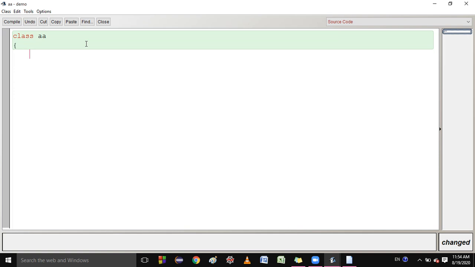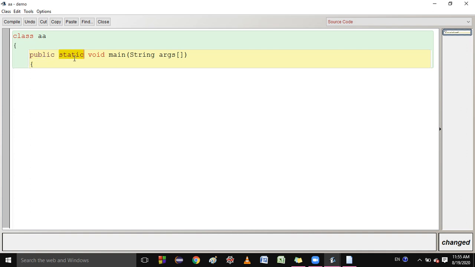Then what will be started from this? You will write public static, because main is the starting of your Java program. So we'll write public static void main, then after that String args, then after that this one. Just let me explain each and every term. Students, this is a public access specifier. There are 4 access specifiers in Java: public, protected, private, and default. In your syllabus access specifiers are mentioned, so I will discuss it later.